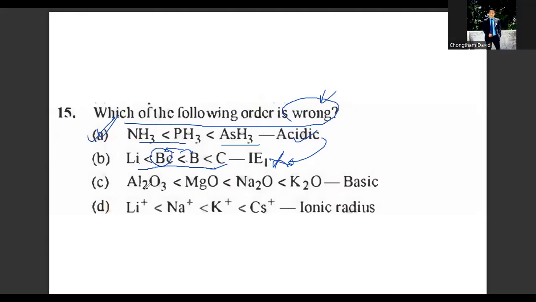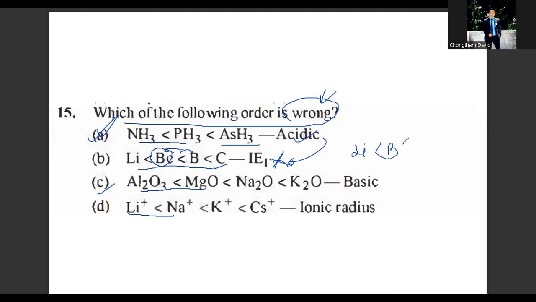Let us check anyway for C. The basic character increases. This is also correct. Lithium, sodium, the size keeps on increasing down the group. So which of the following orders is not correct? B is wrong. So the right sequence for this particular question would be lithium,